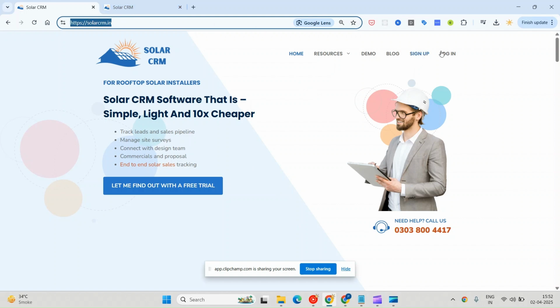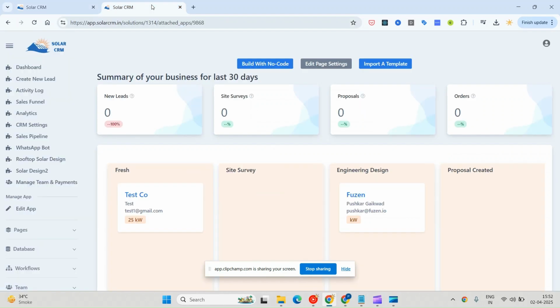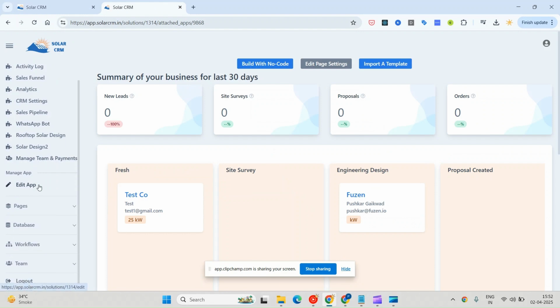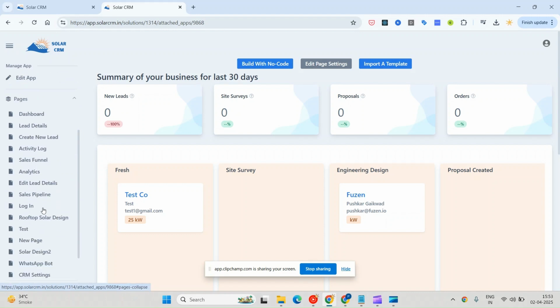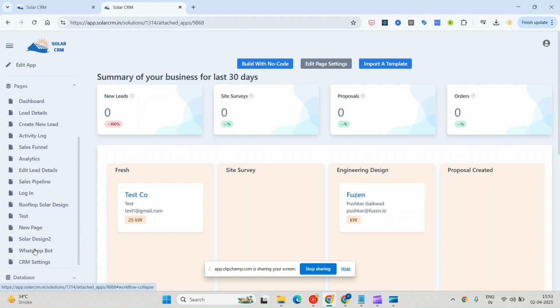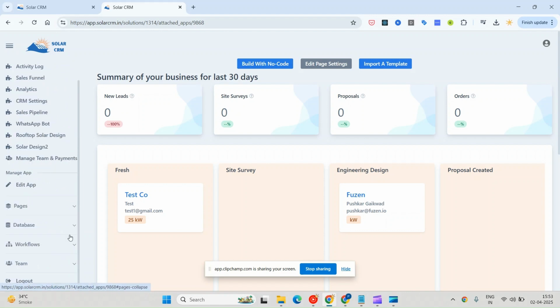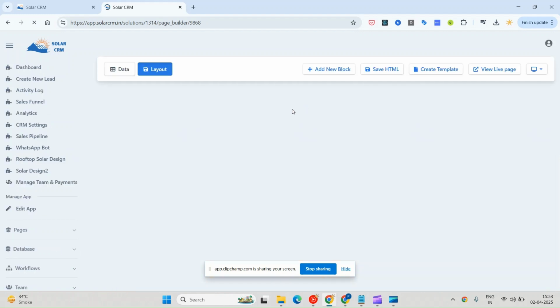So from the website, if you sign up and if you log in, you'll go to this kind of dashboard. And because I've built this app using the Fusion no code platform, I have access to this edit app section. So I can go here and I can manage the pages, I can manage the database and different workflows that we have configured in this Solar CRM app. And I can also use our no code tools to basically customize the UI, customize the app functionality very easily